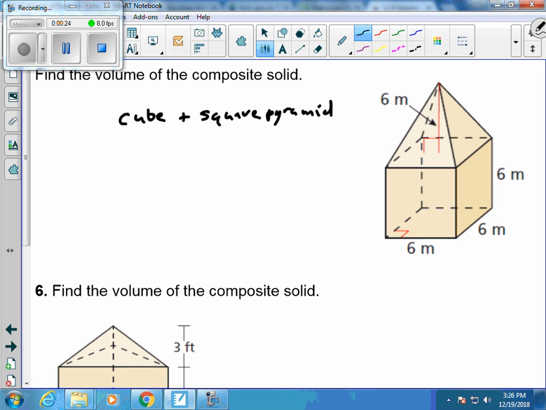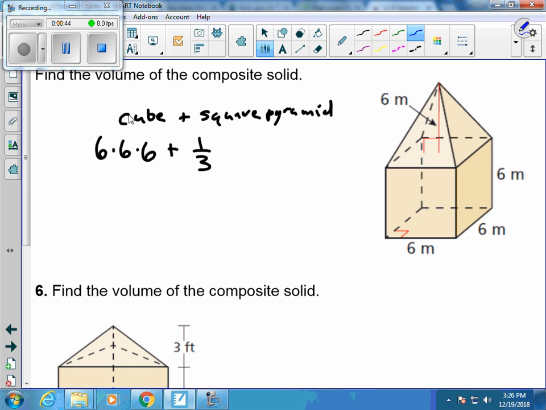So the easiest way for me to visualize this is to find the area of each of those individual pieces and then add them together. The volume of that cube comes from length times width times height. So in this situation, 6 times 6 times 6. The volume of that square pyramid comes from 1/3